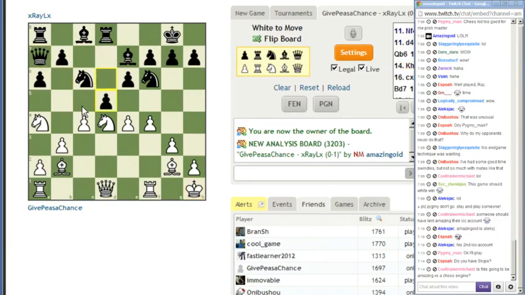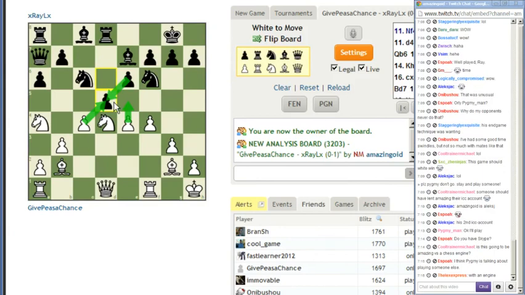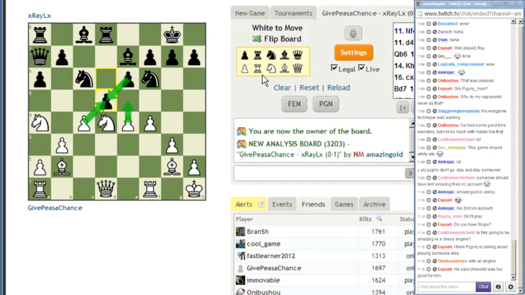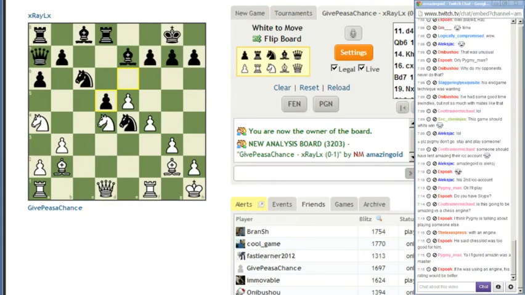Okay, so I thought originally that you might do something like take, and then e5. So the point of doing that is that you keep the d file closed, right? Yeah. But I guess the way it turned out, you were kind of keeping the d file closed anyway by force because you played e5 and then you took. So it kind of transposed. But I think what you did was correct. So take and take. Okay. So here. I guess the way it turned out, you were...